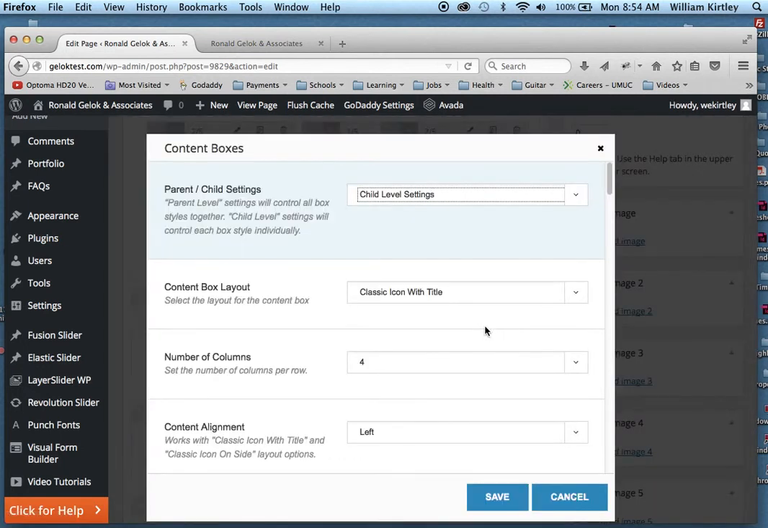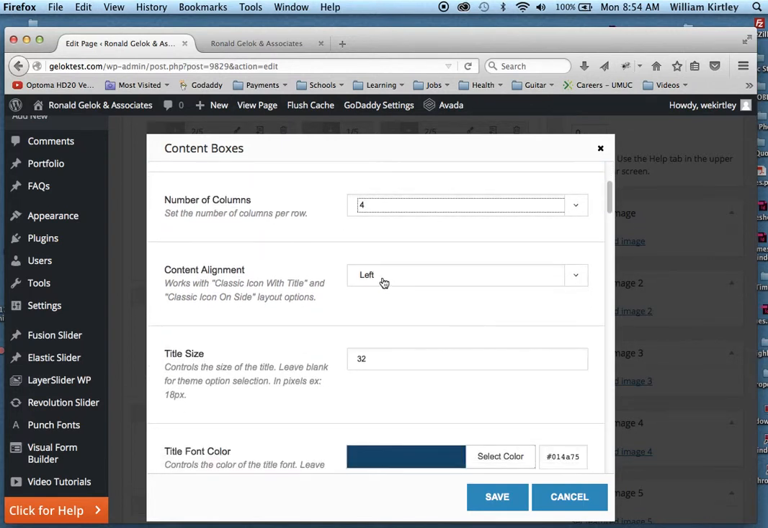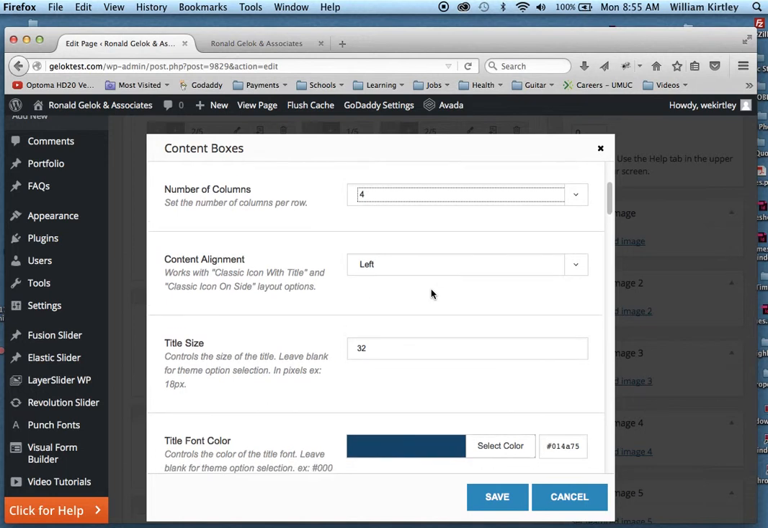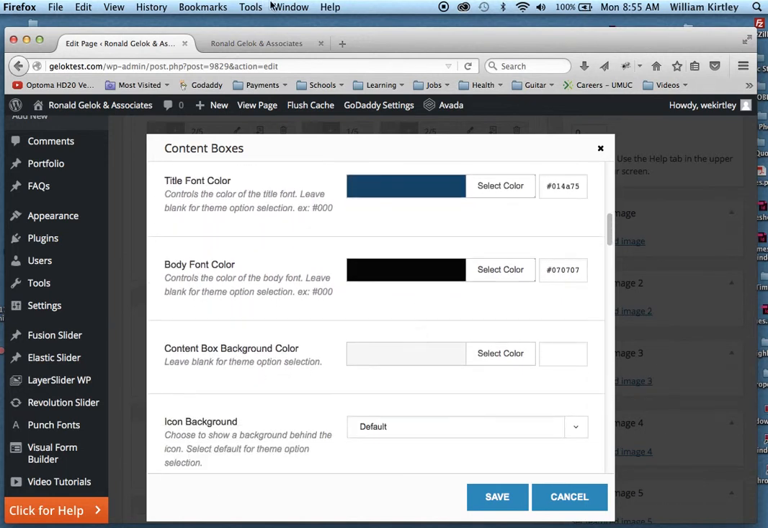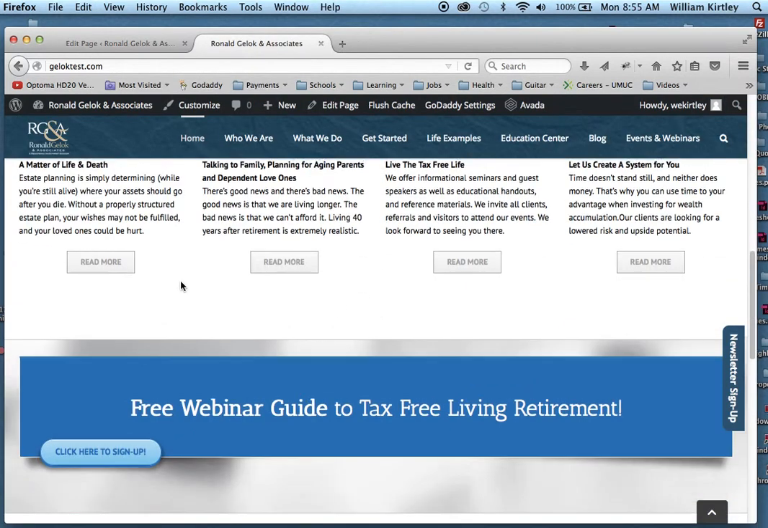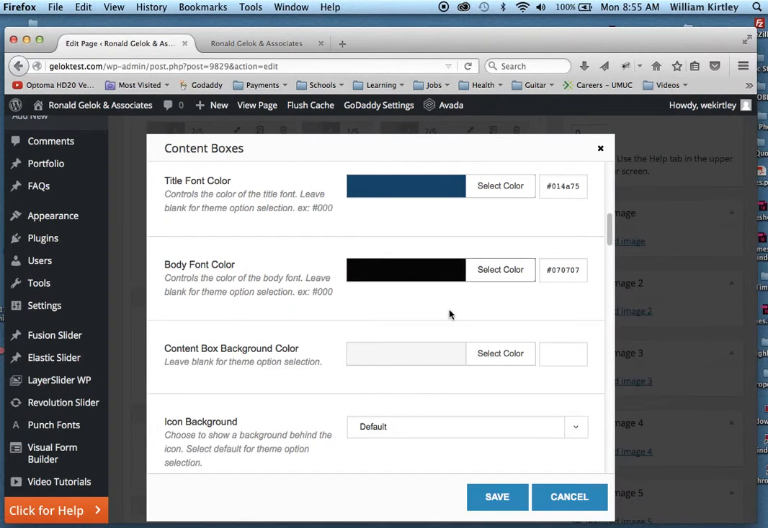Maybe there we go, and leave these set to default. I have them set to 4 because it's 4 columns. You can set it to 3 or 5, or you have an option of going that many, but I've set them up to look the way they do. Content aligned left, meaning text is justified left, title size, colors. You'll see how this relates to the color of the title and the subhead, and so that's what we have here. Okay,